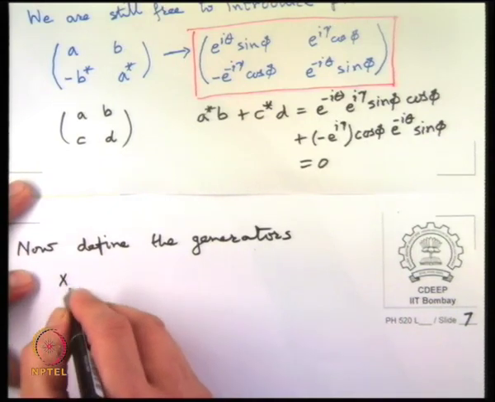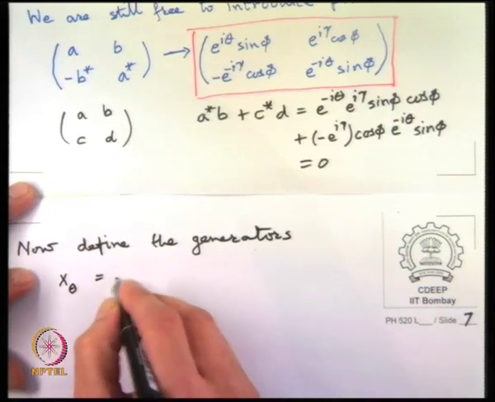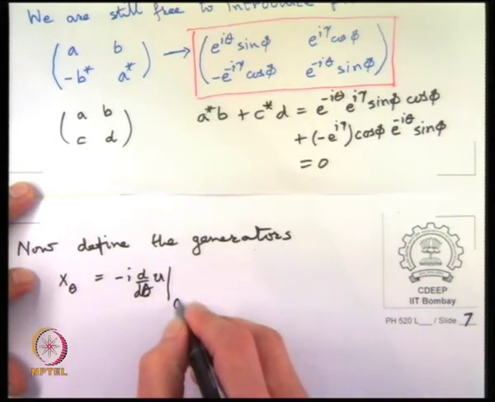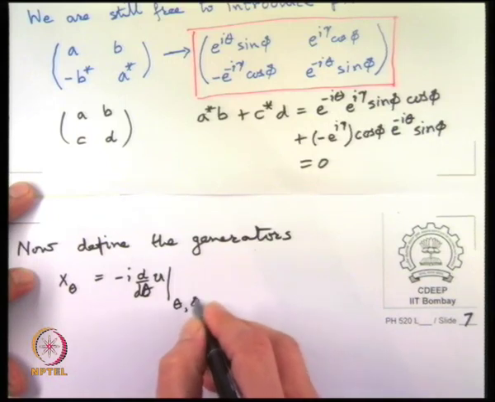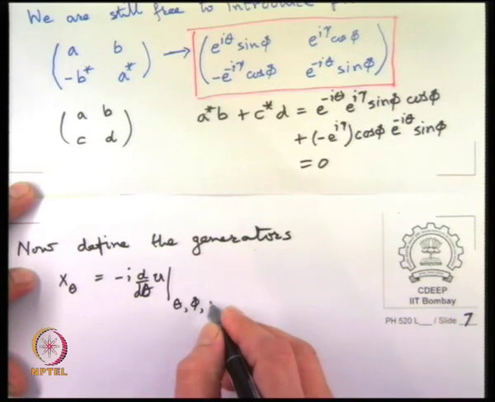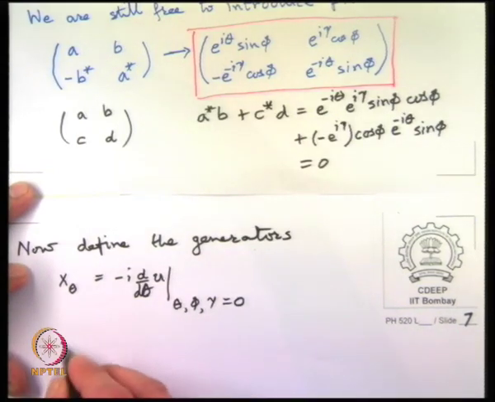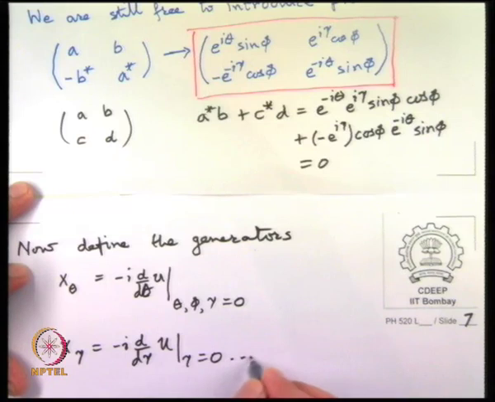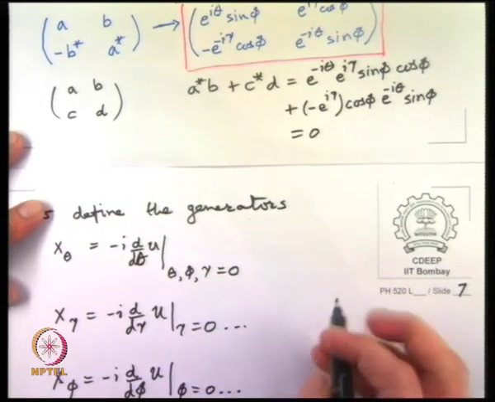At first, let me just say X_theta equals minus i d by d theta of U at theta equal to 0, all the angles equal to 0, theta, phi and gamma equal to 0, and similarly X_gamma equals minus i d by d gamma of U at gamma equal to 0, etc., and X_phi. In fact we can do it with the other angles being 0 at a time. So if you look at the e raised to i theta matrix,